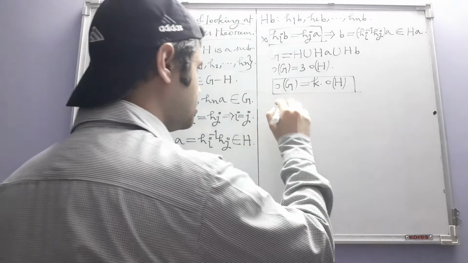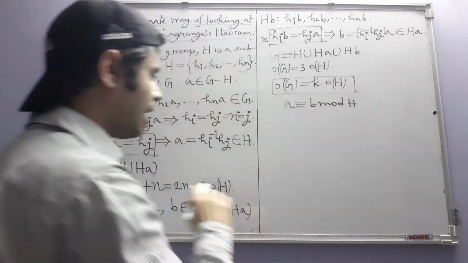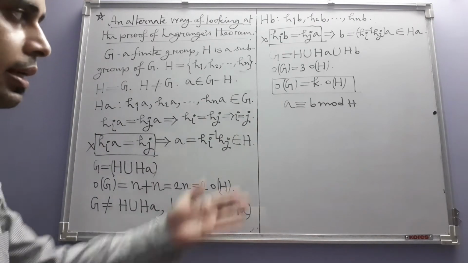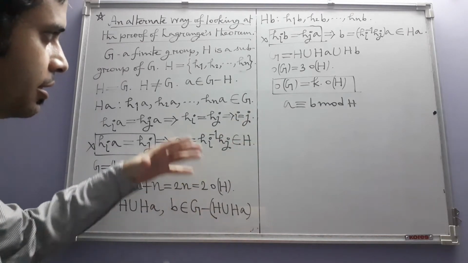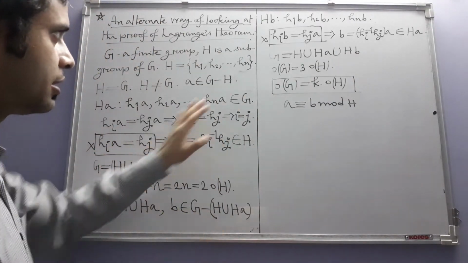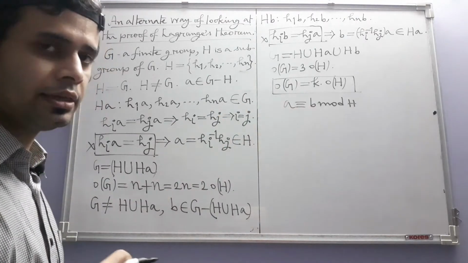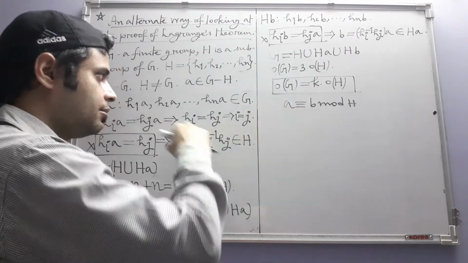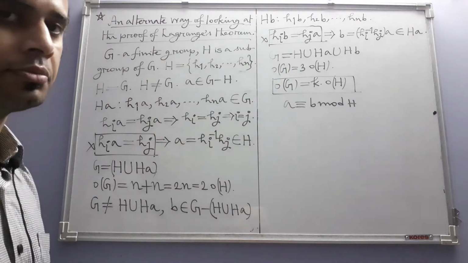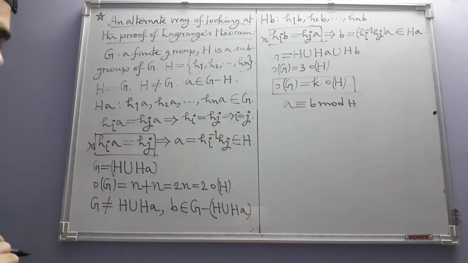The introduction of this equivalence relation actually hides all these calculations and considerations behind itself. Okay, it does the job for us. It creates the equivalence classes which turn out to be the right cosets. So all these considerations need not be seen in detail if this thing is used. However, behind it all these things are going on, and you can see that it's not that difficult also. So that is another interpretation of the proof of Lagrange's theorem.